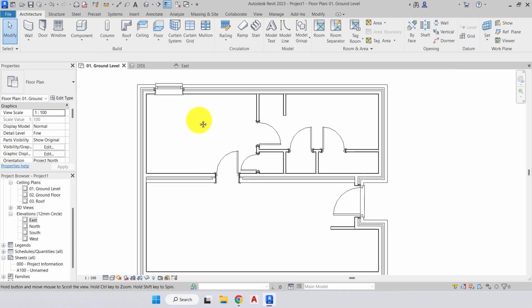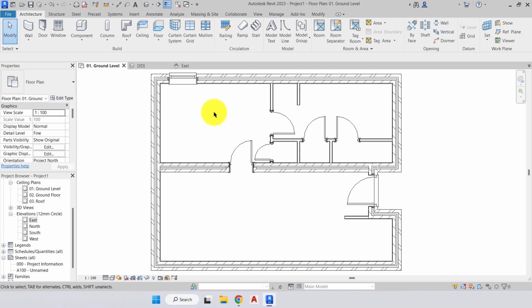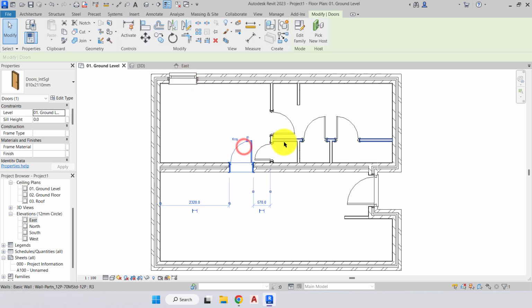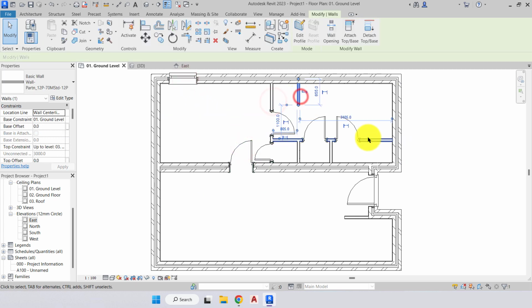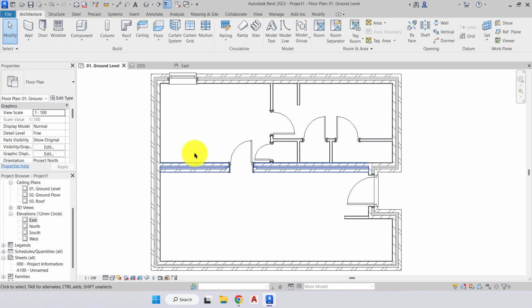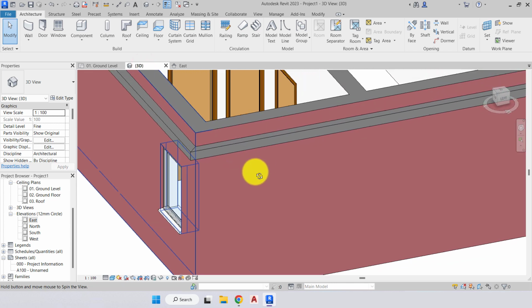Okay, so now that we've placed those in, what I want to do is to show you an exercise at this point. So we placed everything on the ground level. I did that purposely so I can show you how easy it is to change that information. What I actually want is my windows, doors, and internal walls to all come from the ground floor and not the ground level. So in my 3D view,